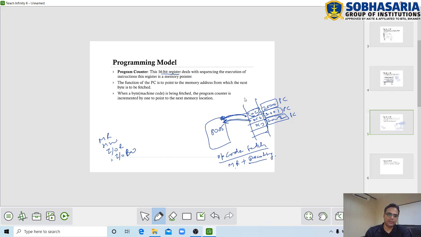So the program counter is nothing but a register which stores the address of the next byte or opcode to be fetched from memory, which is a machine cycle called opcode fetch. The program counter gets incremented by 1 in sequential order. So the program counter is responsible for sequencing of instructions, and it helps to execute a program one instruction after another.